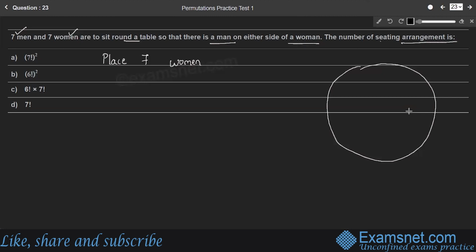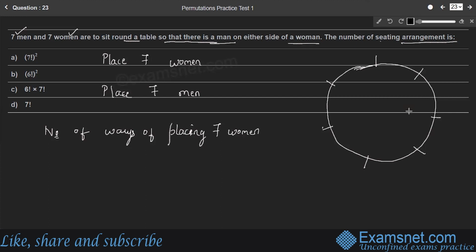Here the condition is that there is a man on either side of a woman. So we need to place 7 men in such a way that there is a man on either side of a woman. So we'll consider 7 women: 1, 2, 3, 4, 5, 6 and 7 women in a circle. So the number of ways of placing 7 women in a circle